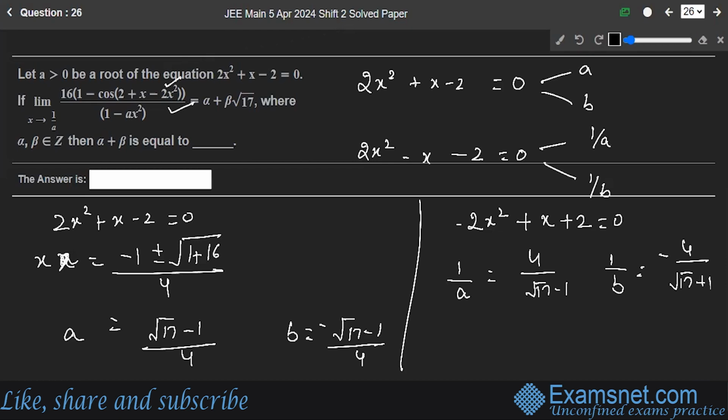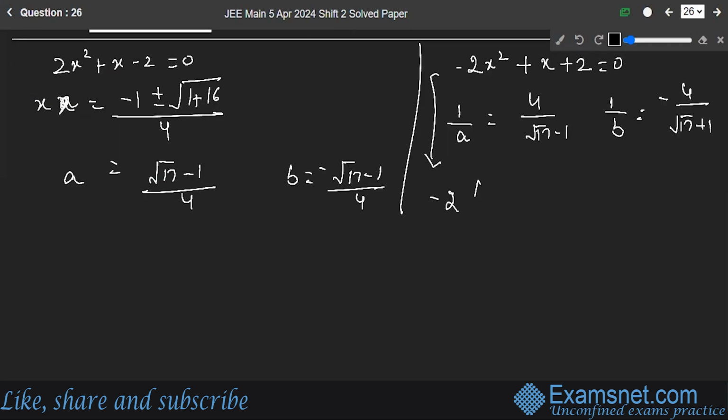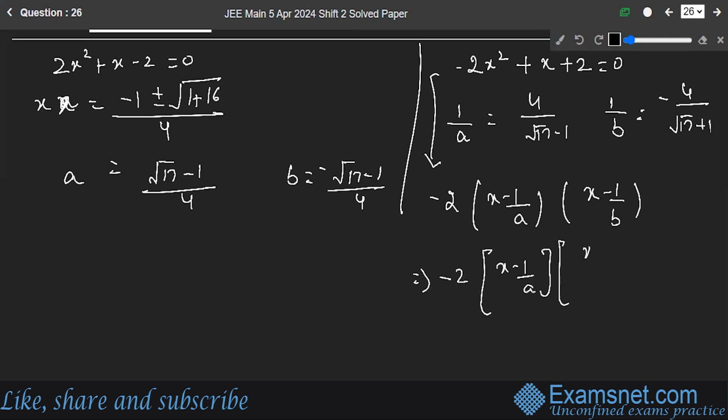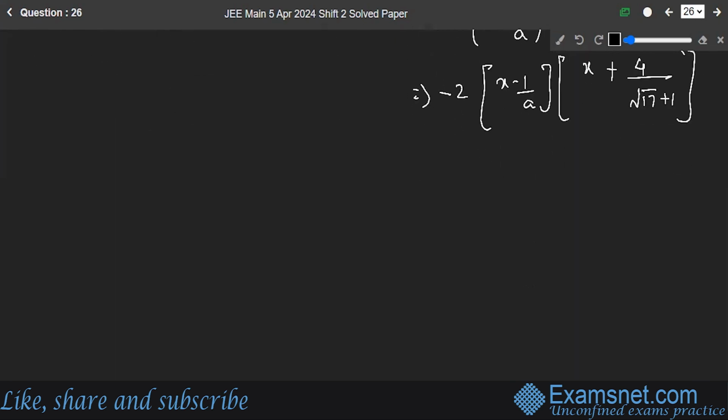Okay, so this equation can be written as minus 2 into x minus 1 upon a, x minus 1 upon b, or this is minus 2 into x minus 1 upon a, x minus this. Okay, so now let's consider the limit which is given to you, x approaching 1 by a,